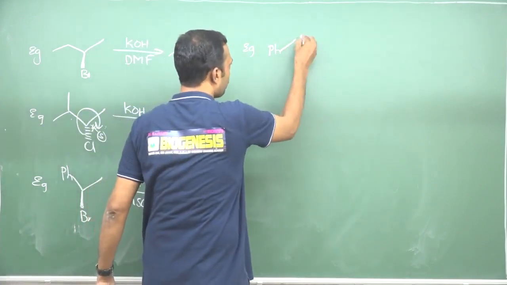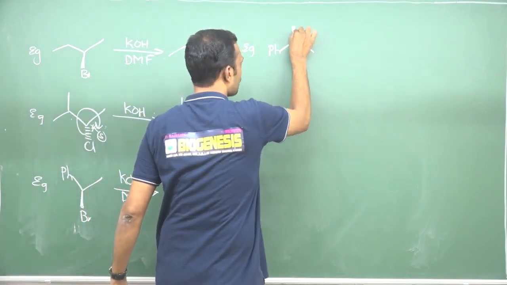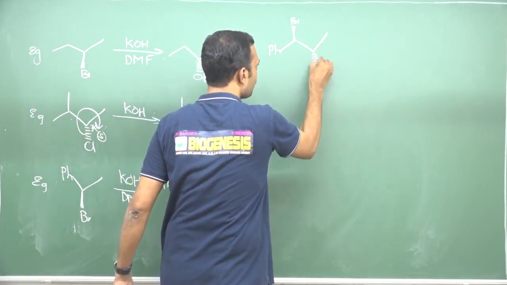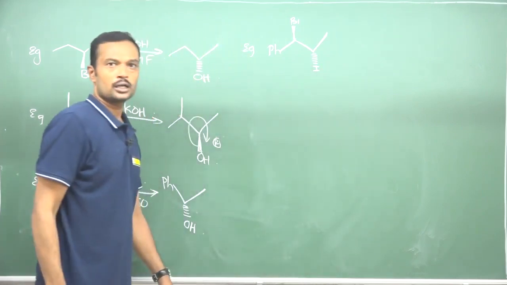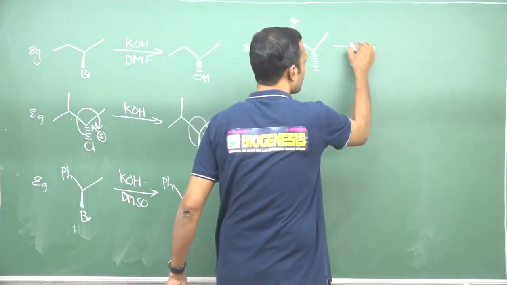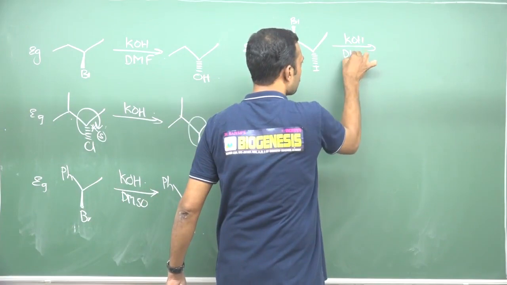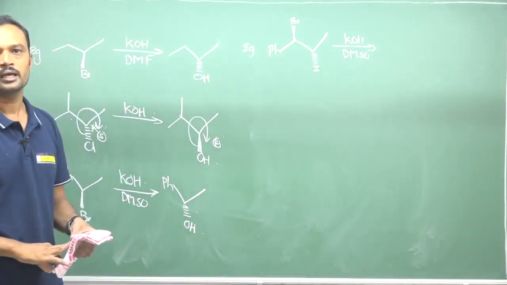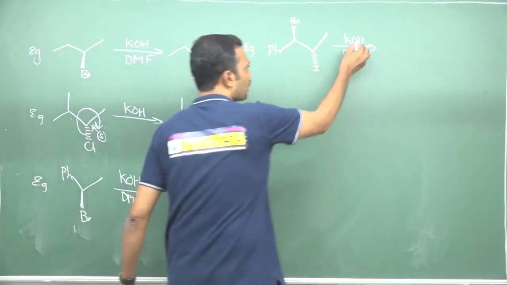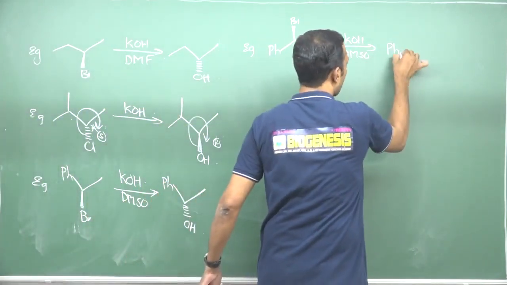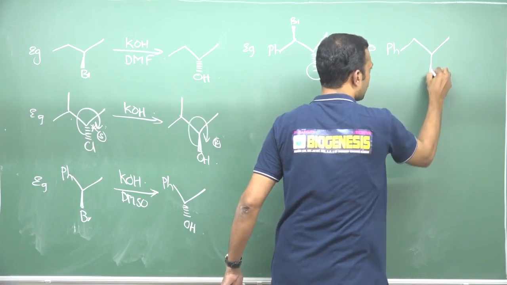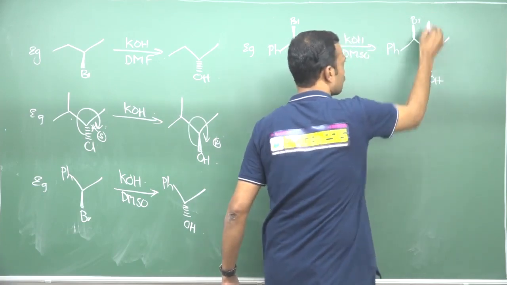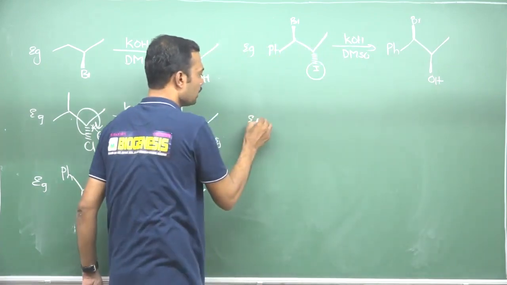Now I am taking a benzyl halide, this is a bromine atom, followed by here I am writing an iodine. Now which will be involved in the SN2 reaction? If I use potassium hydroxide in the presence of DMSO, whichever carbon has less crowding will effectively participate in the reaction. So potassium hydroxide can replace this. Now finally you may get an above hydroxy group and this becomes above itself. So this stereochemistry is completely changed.